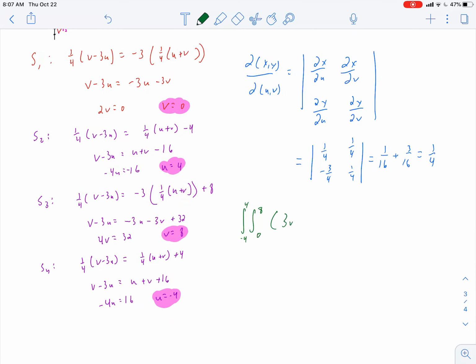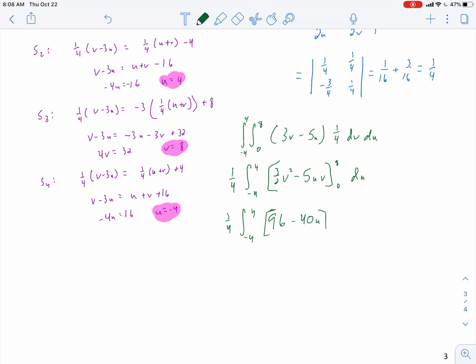from -4 to 4. Plugging in 8 squared, 64, 64 over 2 is 32. 32 times 3 is going to be 96. So we have 96. 8 times 5 is 40, so minus 40u du. Again, because the second part just gives us 0. Integrate once more. 96u minus 20u squared from -4 to 4, and plugging in 4